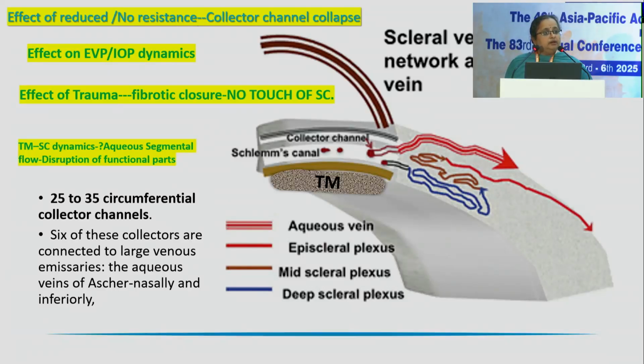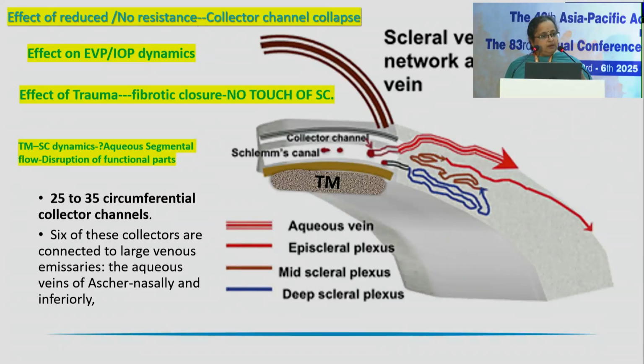But what is more important when we do an MIGS, be it an incisional, be it an excisional, or be it a stent, is that you are now overcoming the resistance that is offered by the trabecular meshwork to aqueous outflow, albeit over a specified quadrant or number of quadrants. But what happens to the collector channels distal to that? We don't know. So most of the IOP spikes or the failure that we see after MIGS is possibly because we understand there is something that is regulating the resistance, and that is directing the flow of aqueous right from the collector channels towards the veins.